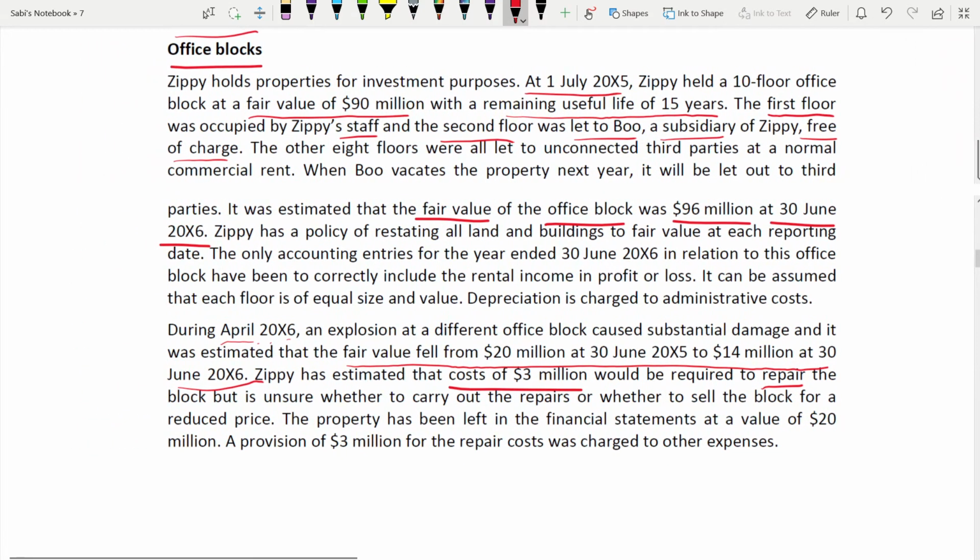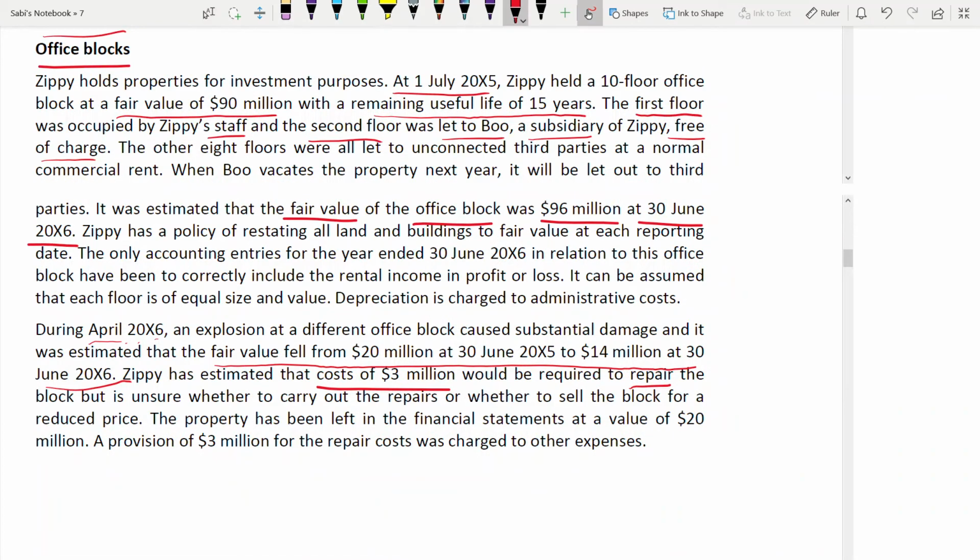Okay, it is not kept like this. The property is in the financial statements at a value of 20 million. It is left like that. A provision of 3 million for the repair cost is charged to other expenses. Okay,